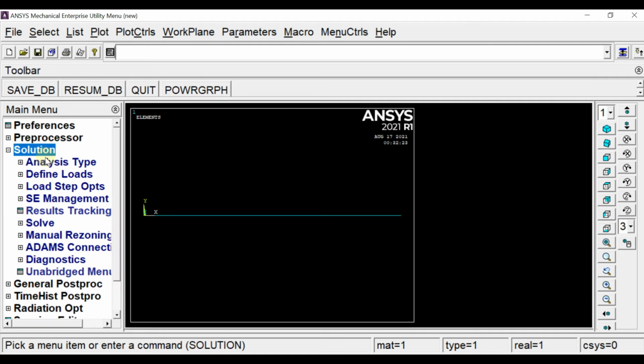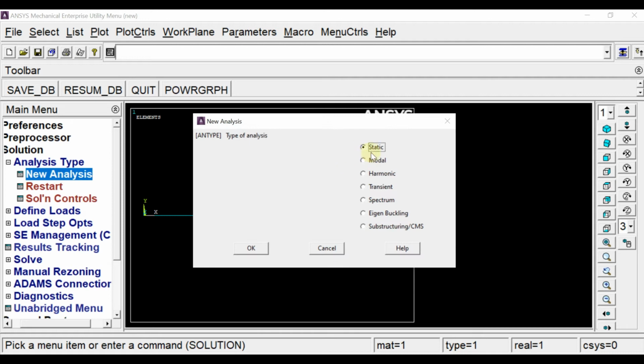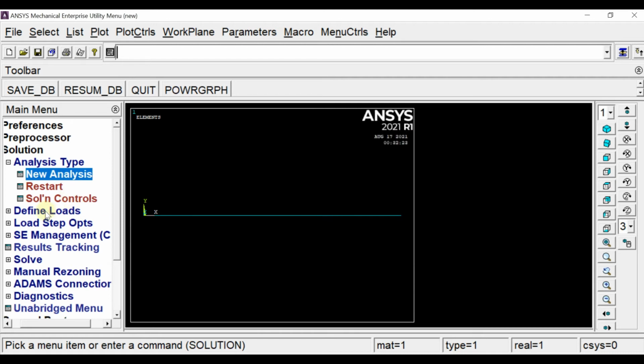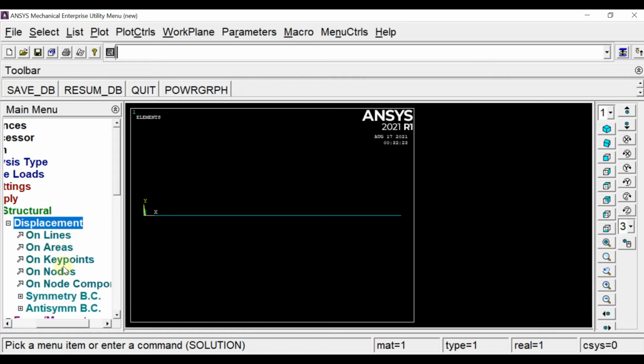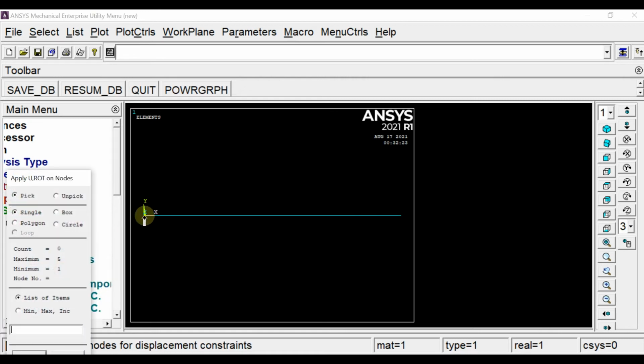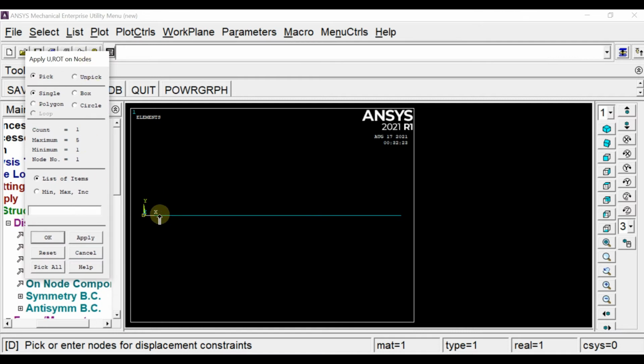Then I have to go to the solution, analysis type, new analysis, static. Define the nodes, apply structural displacement on the nodes. We are applying first here all degrees of freedom constrained on this node.